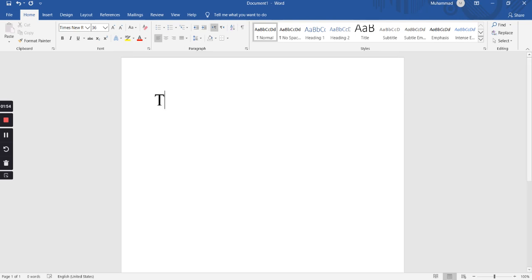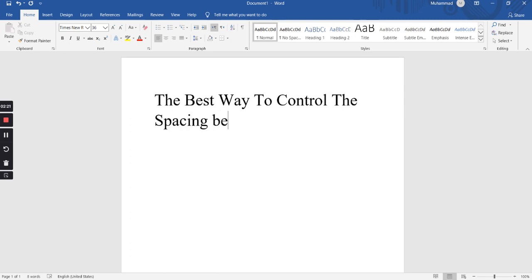The best way to control the spacing between sentence lines and